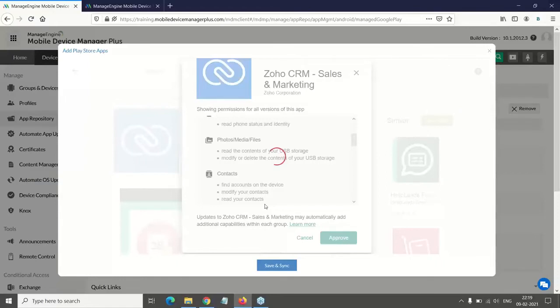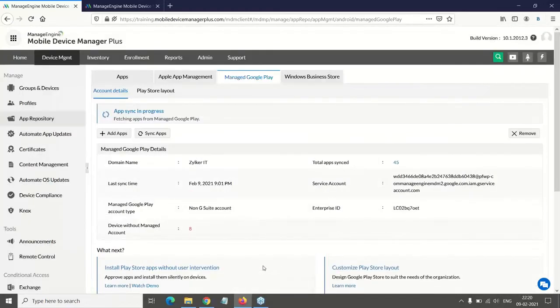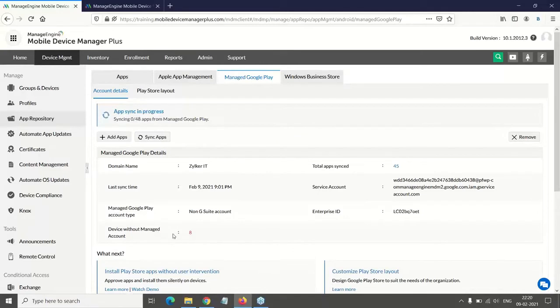With all the permissions and other requests from the app developer, you can just set it to keep it updated and click on save and sync. So the application will get synchronized automatically to the app repository.